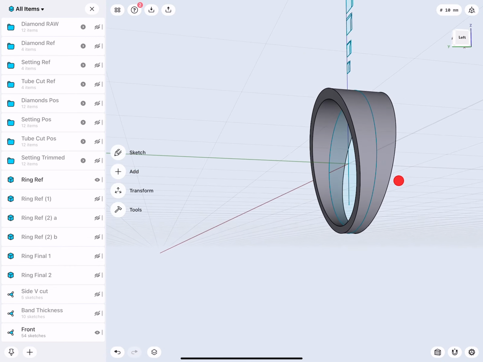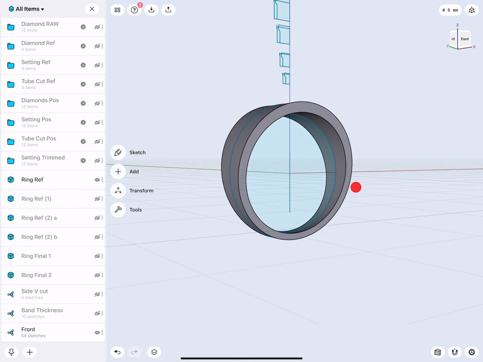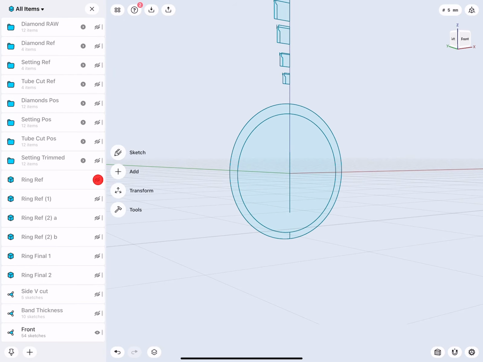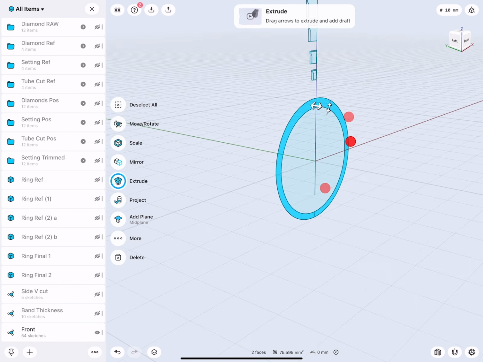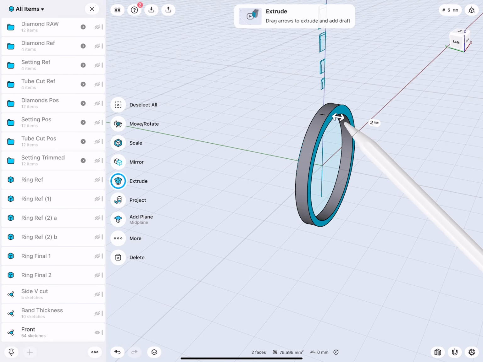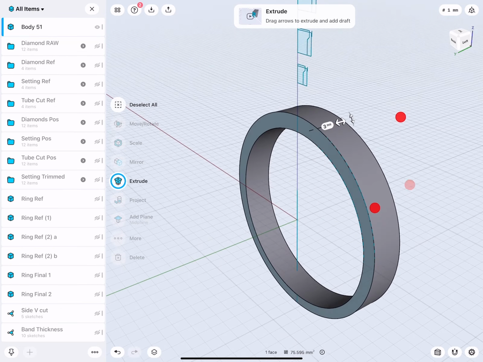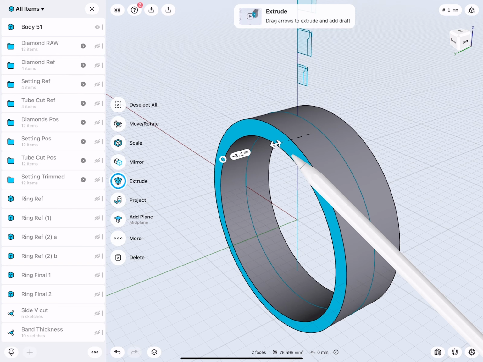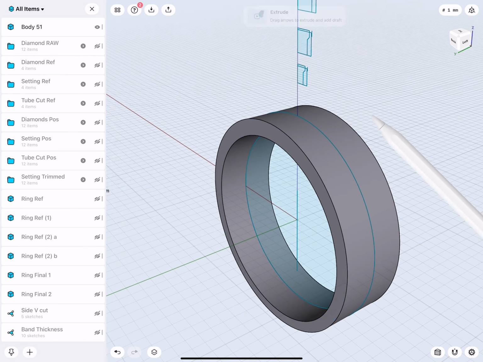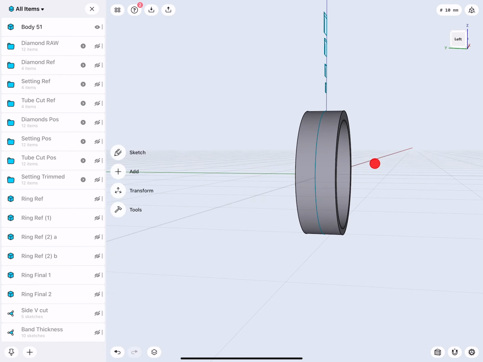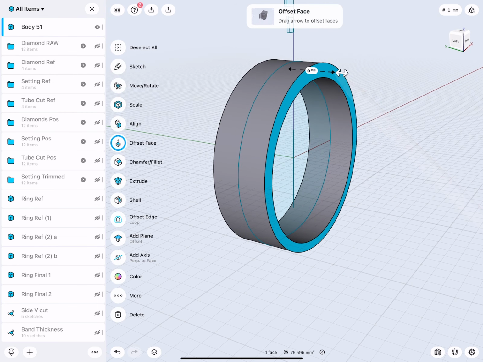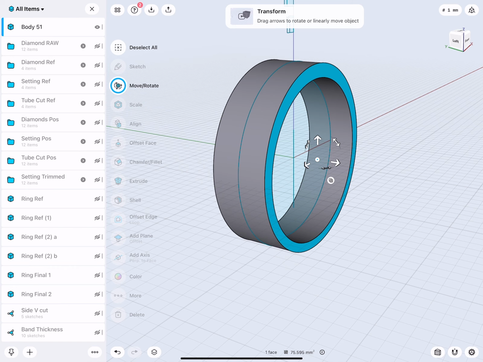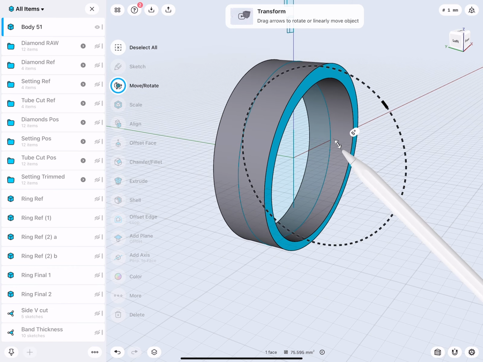Now I also created an extrusion of the reference for my ring. A little tip how this can easily be done. I extrude this one out 3mm, another 3mm. Very good. Now this is a flat band. How did I create those angled sides? Well, select a side, and then we can rotate it.